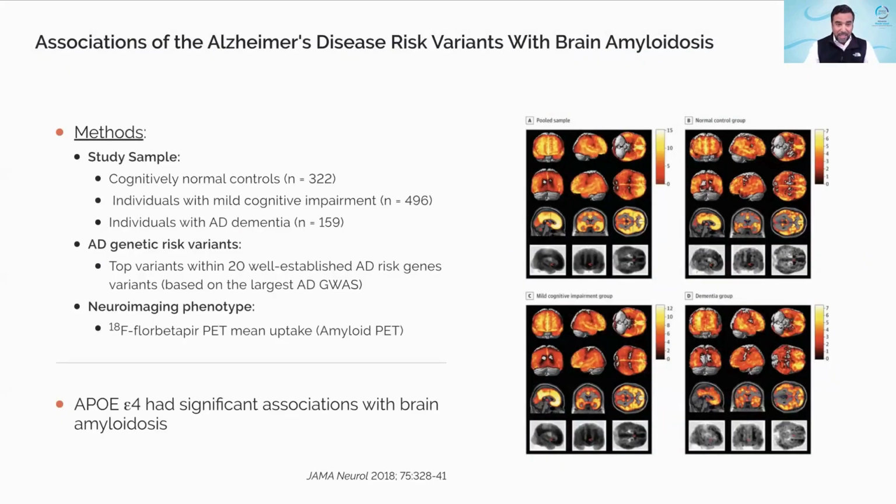So this study looked at the association between Alzheimer's disease risk variants and amyloid deposition using amyloid PET scans. So it's a well-designed study that included 322 healthy controls, 496 individuals with mild cognitive impairment, and 159 patients with Alzheimer's disease dementia. The authors focused on known genes that are associated with Alzheimer's disease. So they looked at 20 genes. And then within these genes, the focus was on common variants that are present in these genes based on Alzheimer's